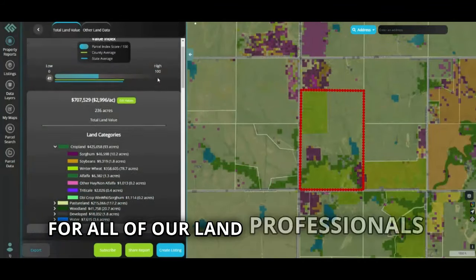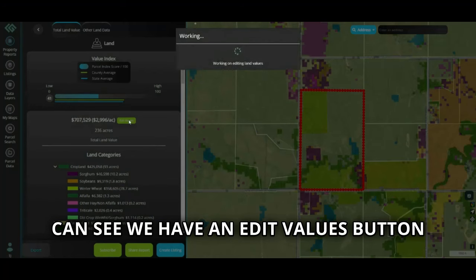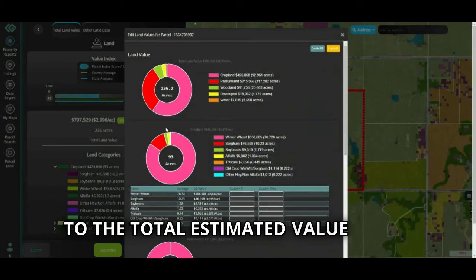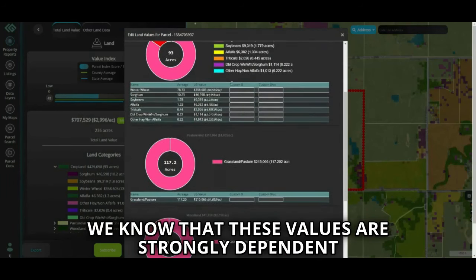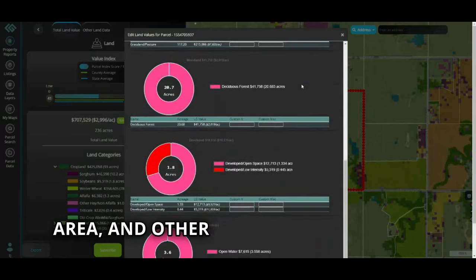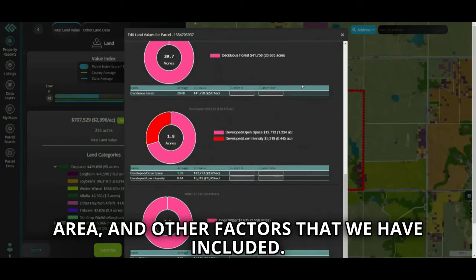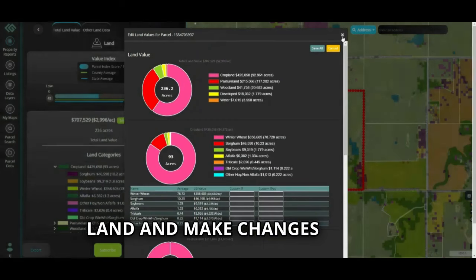For all of our land professionals out there, you can see we have an Edit Values button next to the total estimated value of the land usage. We know that these values are strongly dependent on location, time of year, market of that area, and other factors that we have included this button for you to use your knowledge of the land and make changes before sharing